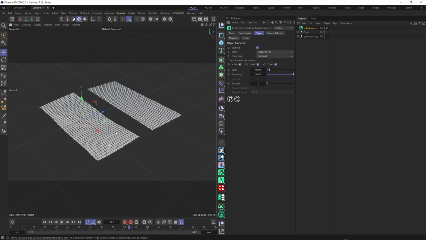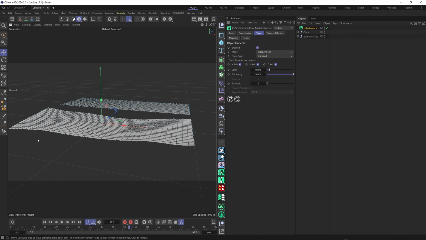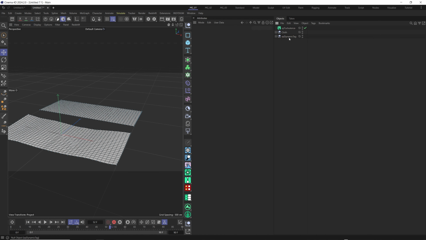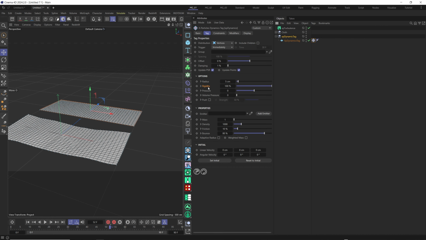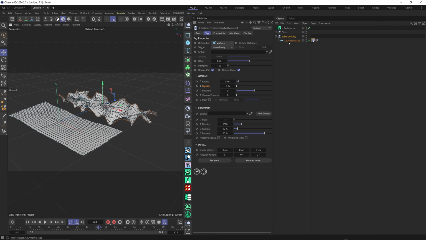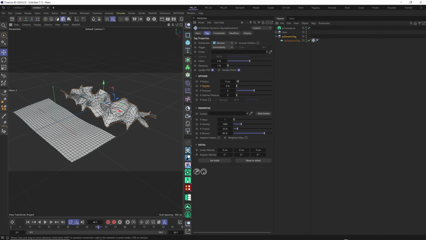Play again and you see our XpCloth is already reacting and our XpDynamic tag is just straight. If we select our XpDynamic tag here, in the tag we have the rigidity. The default number is 100. Let's make it 0. And now if we play, you see that our plane with XpDynamic tag is losing all